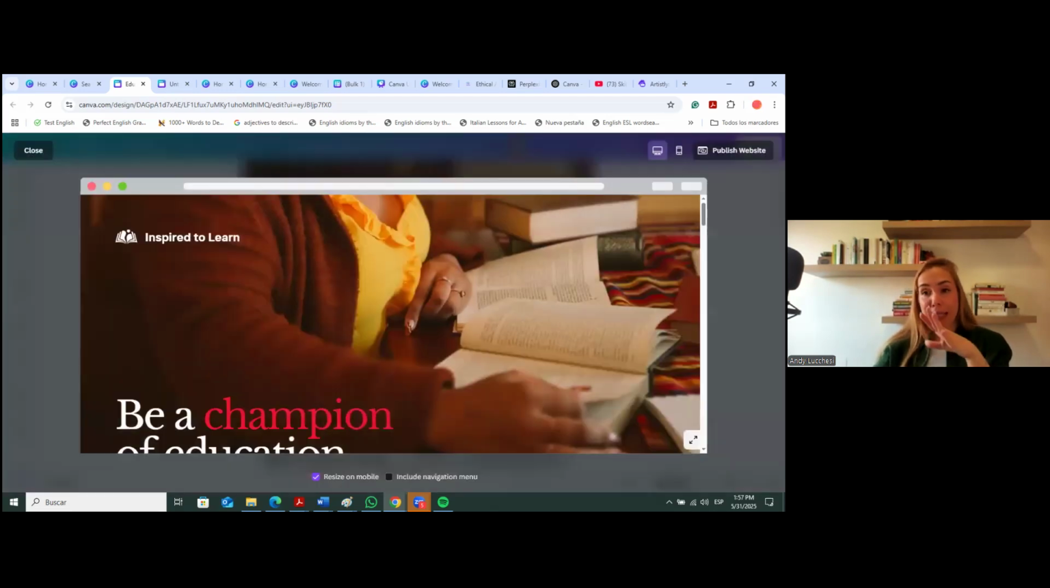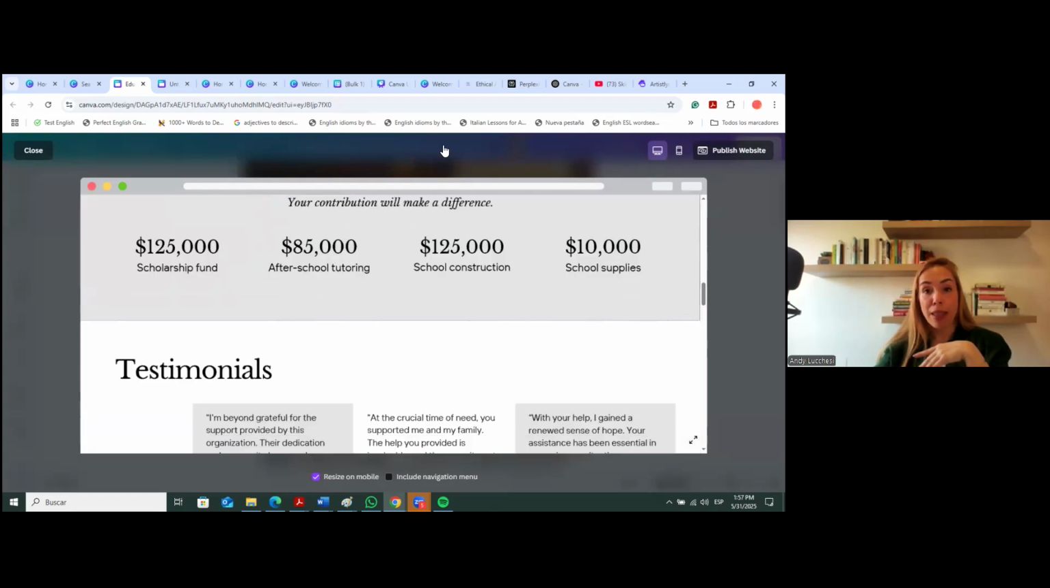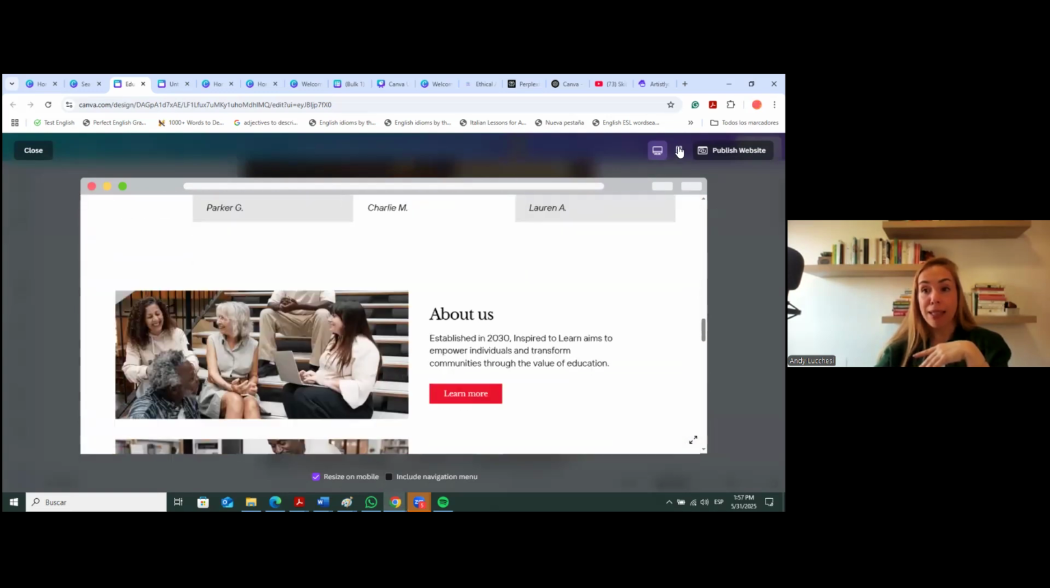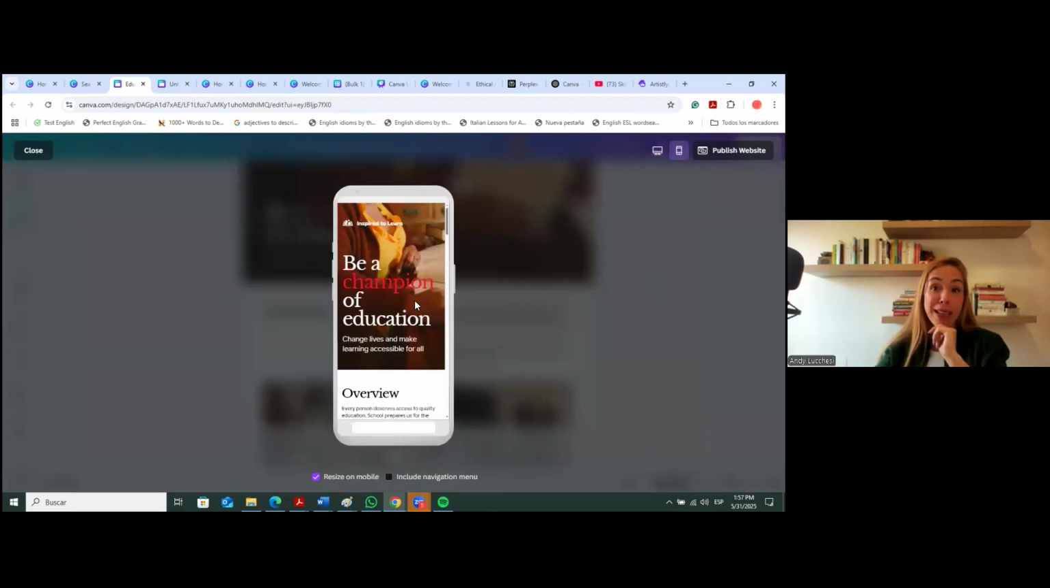About the preview, this is actually really interesting. This is how it will look on a computer. You see? And this is how it would look on the phone, which I believe is really amazing because